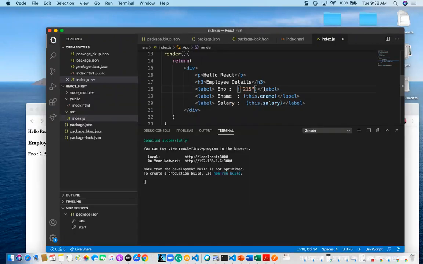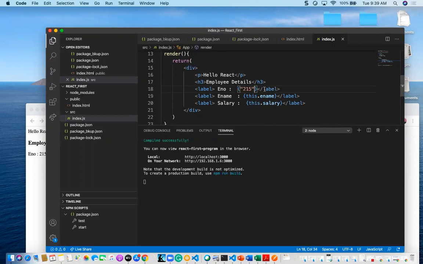We have to bind a particular variable, or if you want to bind a particular value, anything from a JSON, or if you want to get some kind of variable output, in all cases we have to do it with this single interpolation. This is called single interpolation, and within the curly braces we have to embed the value.